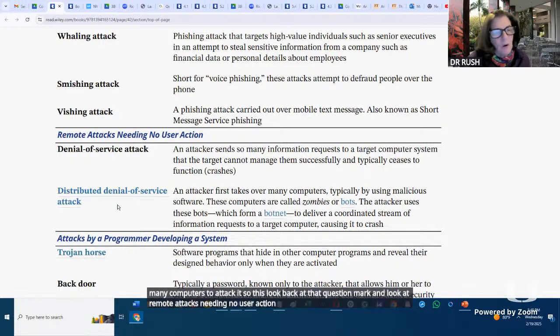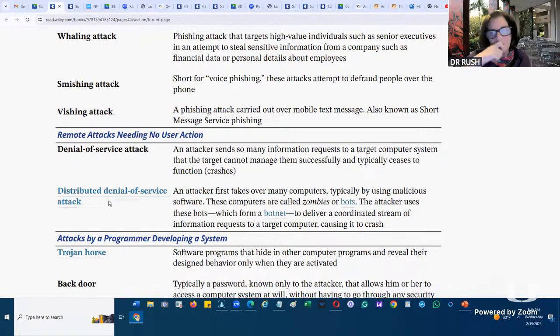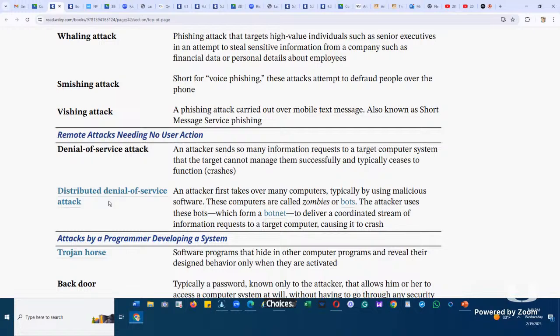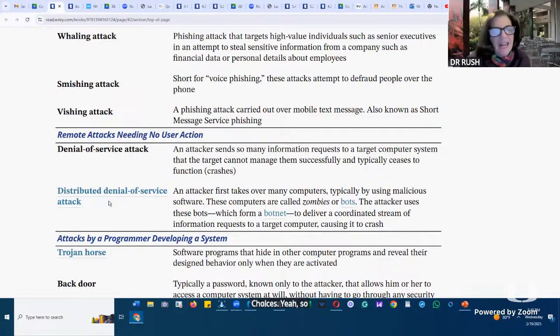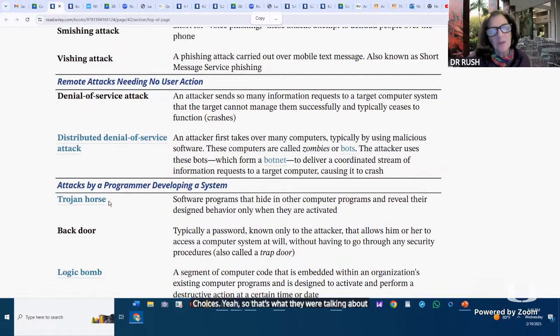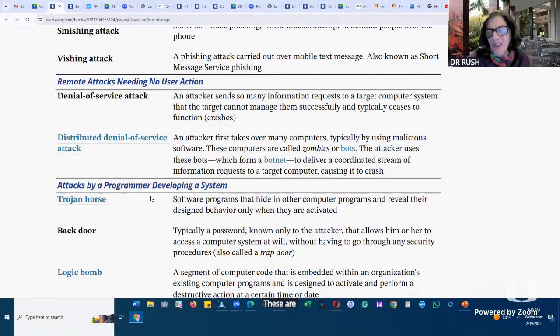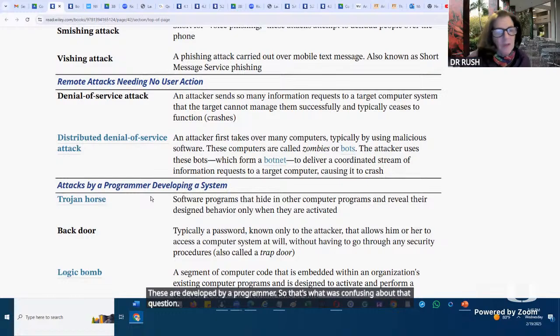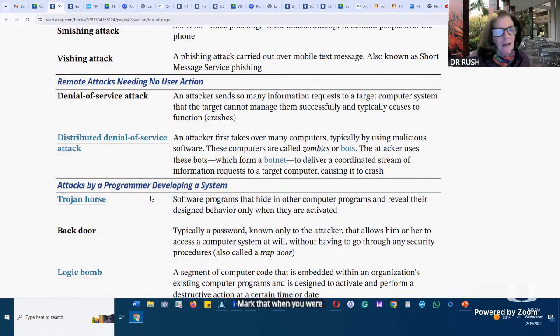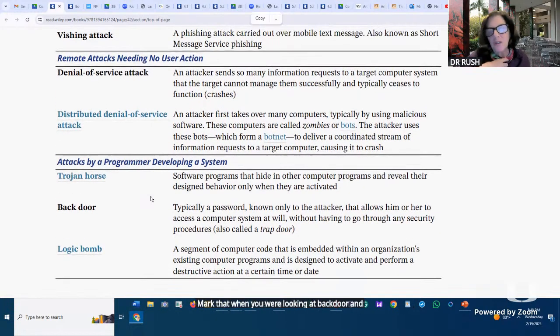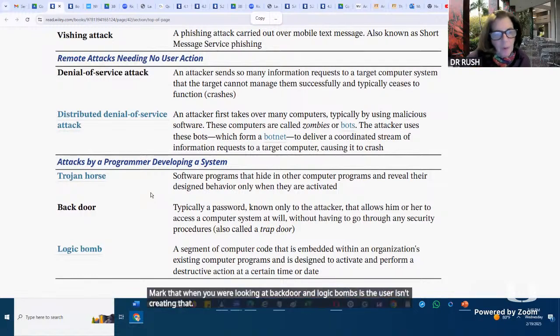And was this one of the choices? Yeah, I think so. Yeah, so that's what they were talking about. Even though some of these others really don't need a user, these are developed by a programmer. So that's what was confusing about that question, Mark. When you were looking at backdoor and logic bombs, the user isn't creating that, the program was.